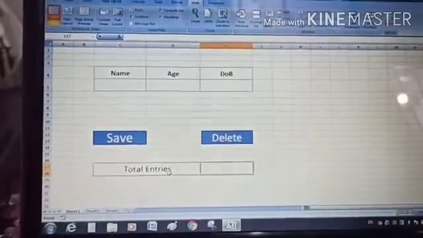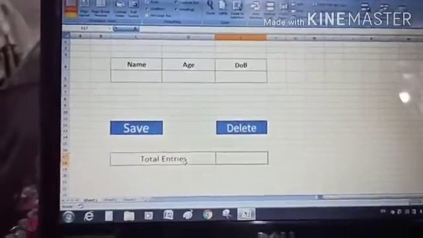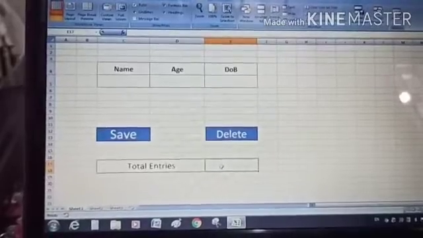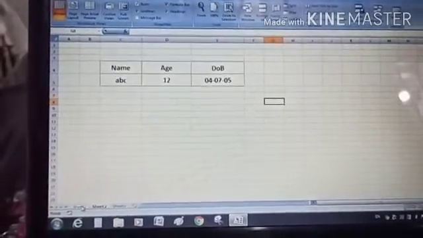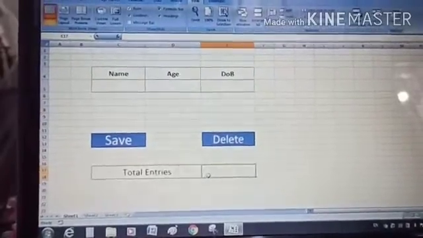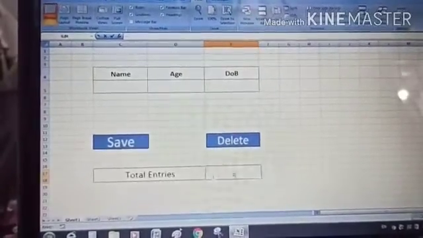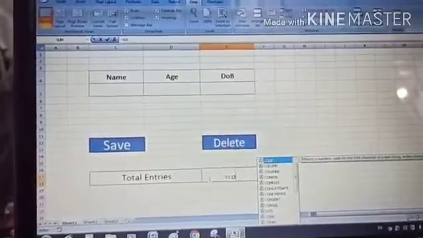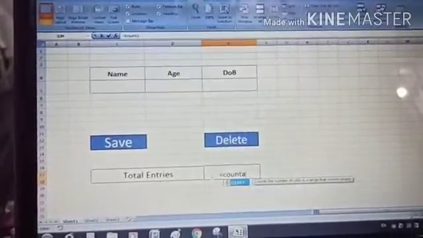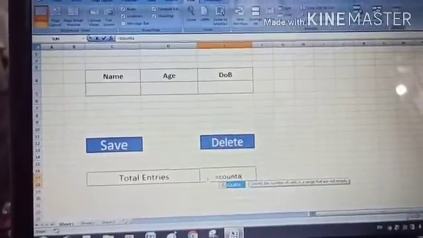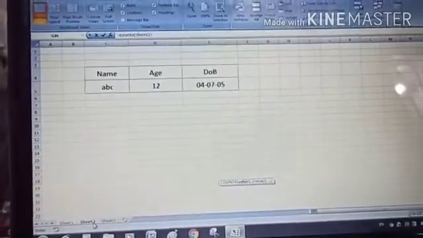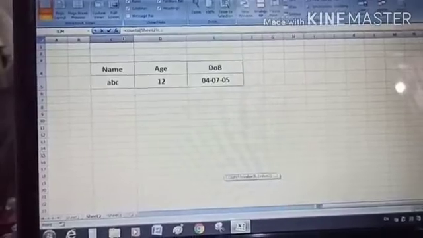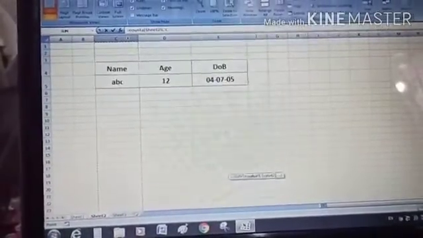Now the total entries, it is displaying nothing. So to calculate the number of entries on the sheet number 2, I will use a formula here. So write equal to counter, open the bracket, go to the sheet number 2 and select this column, entire column.